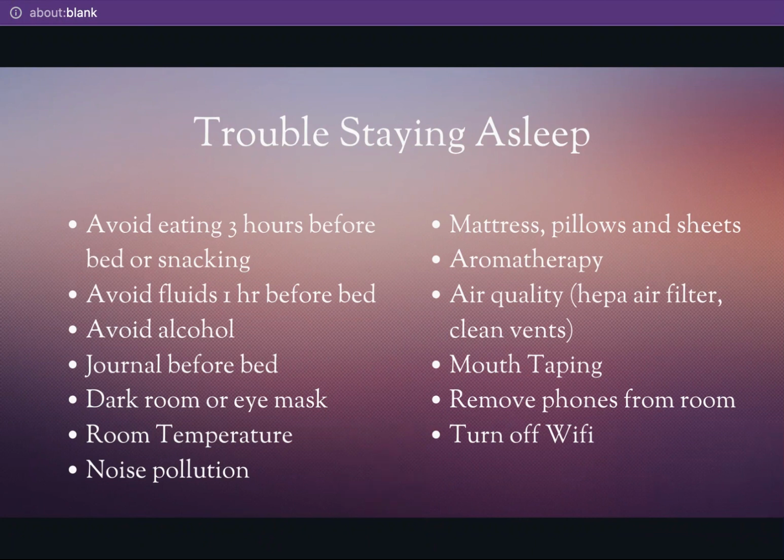You want to avoid fluids at least an hour before bedtime, or at least more than 8 ounces. So a 4 ounce cup of sleepy tea about 30 minutes before bedtime would be okay, but you don't want to guzzle down a big glass of water because that can stimulate you to go to the bathroom in the middle of the night. And then, with that being said, also medicines that can cause you to urinate. So, water pills like diuretics, Lasix, those medicines can lead to having to wake up multiple times in the night to urinate. So, you would rather take those medicines earlier in the day.